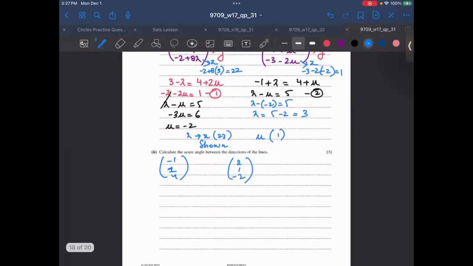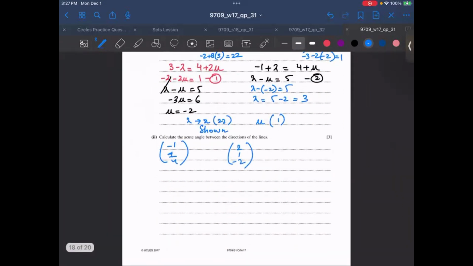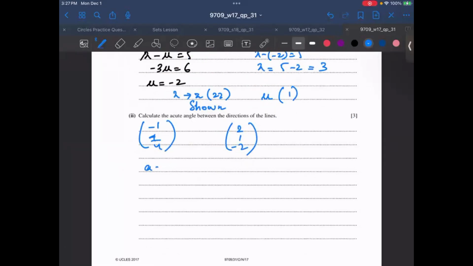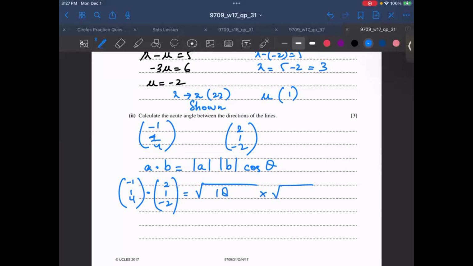To find the angle between two lines, we apply the scalar product. So this will become ab cos theta. So (-1, 1, 4) dot (2, 1, -2) is equal to the square root of 1 squared plus 1 squared plus 4 squared, 16, we'll get root 18, multiplied by the square root of 2 squared, 4, plus 4, 8, plus 1, 9,